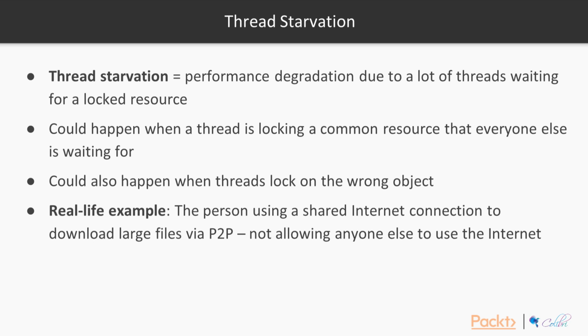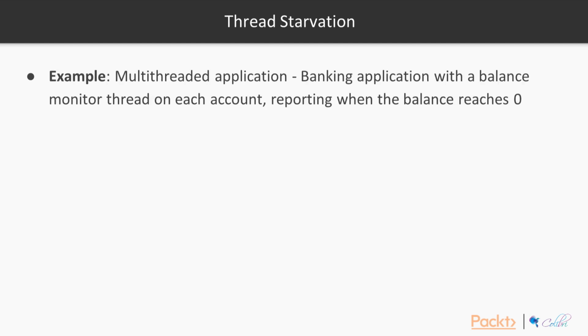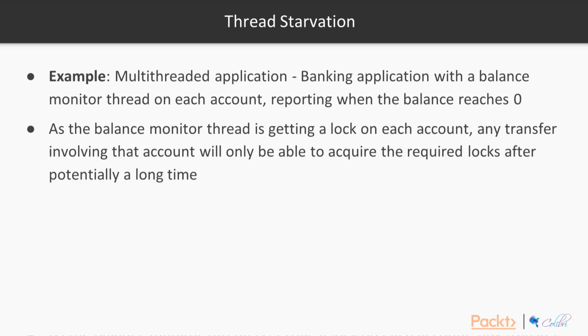A real-life example for this situation is a person who is using a shared internet connection, such as the one in your school, university, or office, to download large files via a peer-to-peer application. That person will use a large number of connections and most of the bandwidth, preventing colleagues from browsing the web or receiving emails. To create an example for thread starvation, let's use the previous Java example of a banking application,